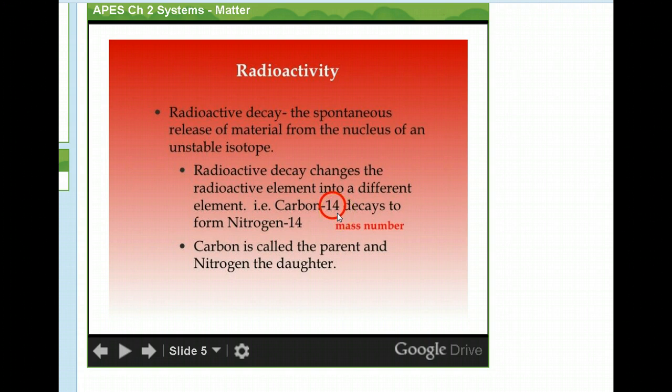So generally, most carbon is carbon-12. It has 6 protons, 6 neutrons, but this one has more neutrons. Remember, an isotope is a form of an element that has a different number of neutrons than another isotope. So you can have a particular chemical like carbon that has different numbers of neutrons, which makes different isotopes, but they're all carbon. They react like carbon.